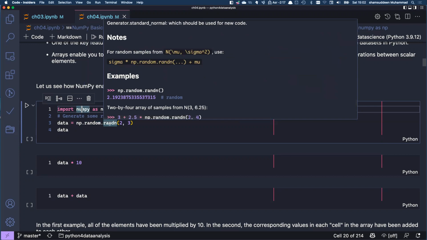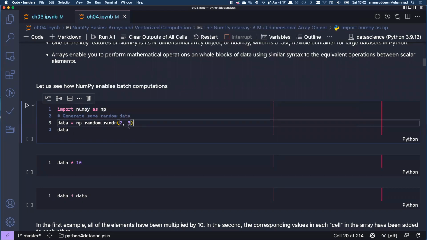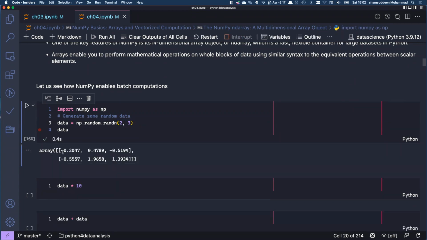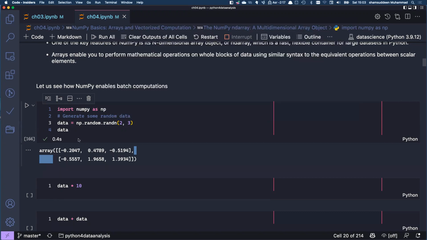Can you see now here I call randn? What does randn do? It returns a sample from the standard normal distribution. We know what a normal distribution is. Given 2 and 3, it returns random numbers, normally distributed. So when we run this, you can see we have numbers, a 2 by 3 array. This is what we call